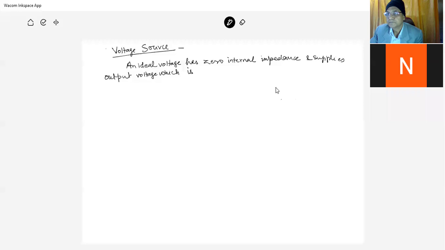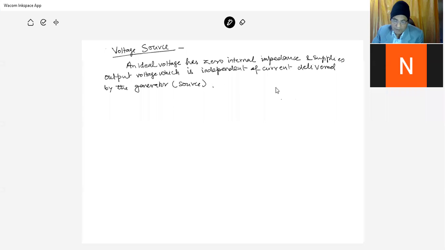which is independent of current delivered by the generator or source. Generator or source. It can be drawn as, this is the voltage source, these are the terminals,